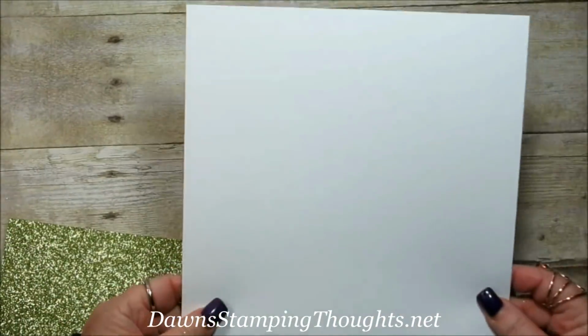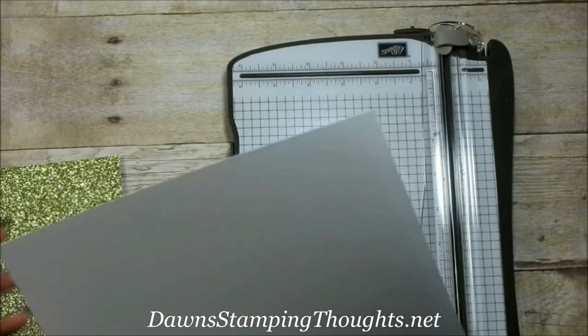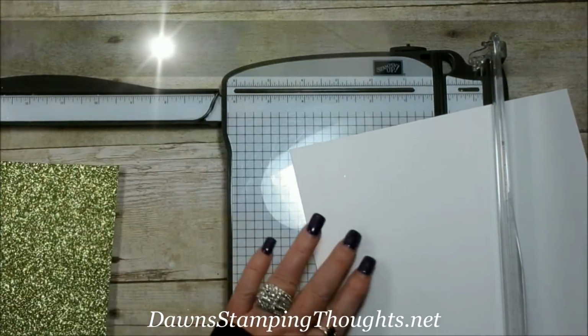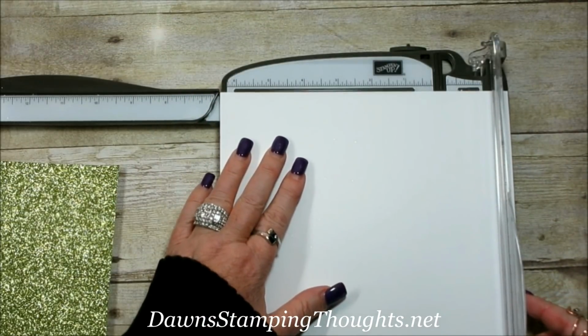Alright, so you're going to need a piece of Whisper White, and then I'm also using the Myths Magic Glimmer paper, and I'm going to go ahead and cut all these layers with you today. So first we're going to go ahead and cut our cardstock. This is the Whisper White. We're going to cut it on the 8.5 inch side across the top. We're going to cut this down to 6.5,